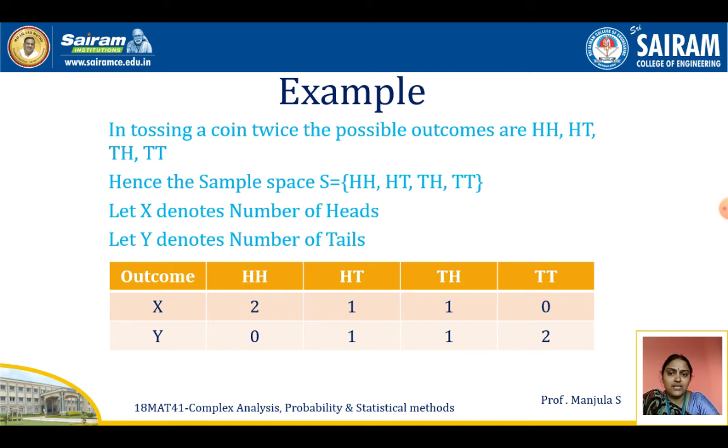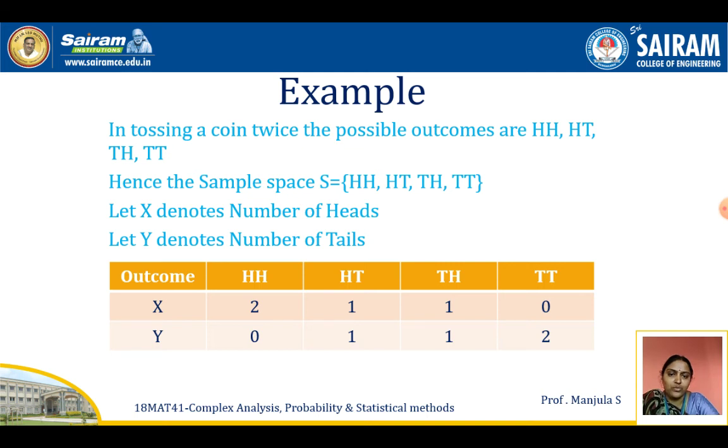Here, capital X denotes the number of heads and capital Y denotes the number of tails. First, you make a list of the outcomes: head head, head tail, tail head, and then both times tail. X and Y: now I am going to represent the solution in terms of numbers, that is, real numbers. X represents the number of heads and Y represents the number of tails. In the first case, both times head, it means the X value I am going to write as 2. Both times head means tails is 0, so the Y value will be 0.